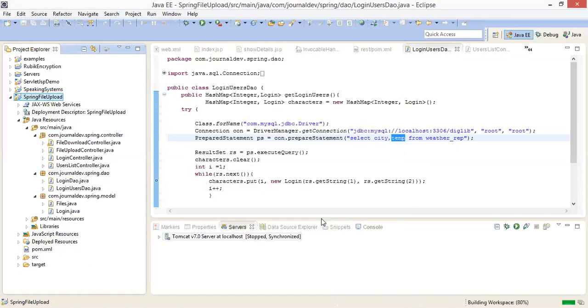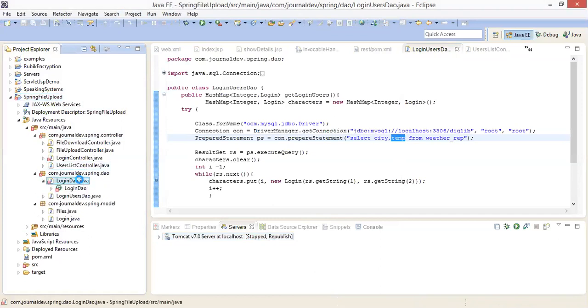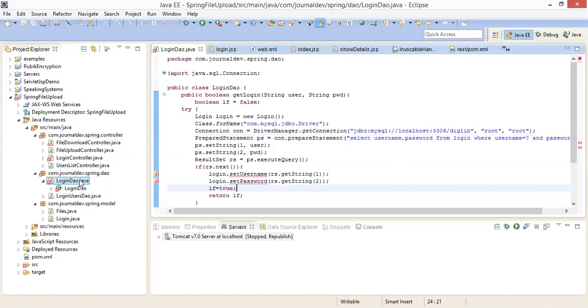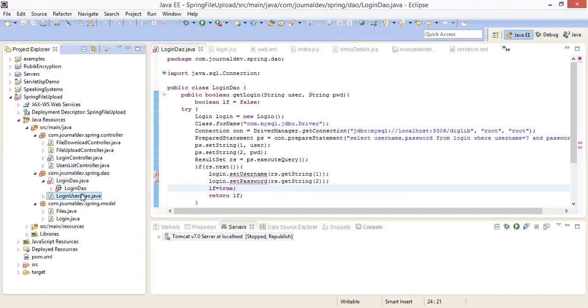Once I clean the entire workspace, again I'll run this. Oh, some error is there. What is that? Login DAO. Oh, other things are disturbed by this. Okay, okay. So what I have to do is